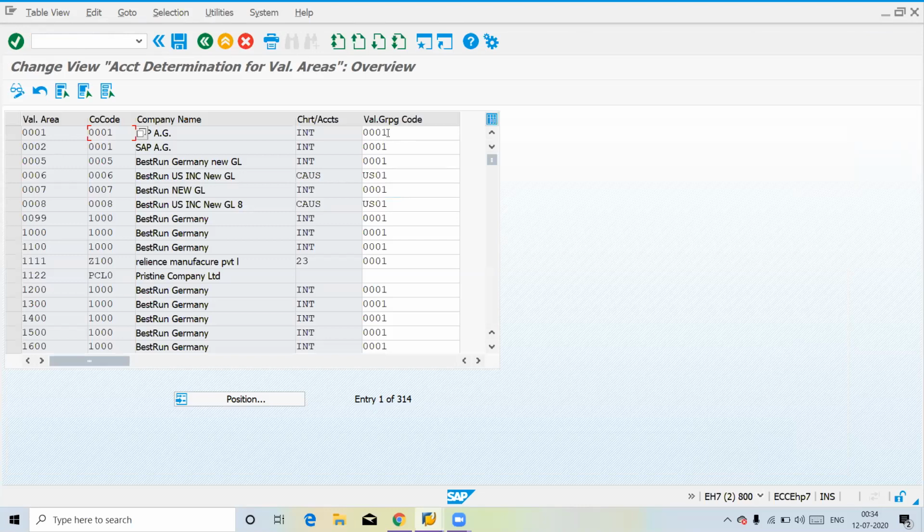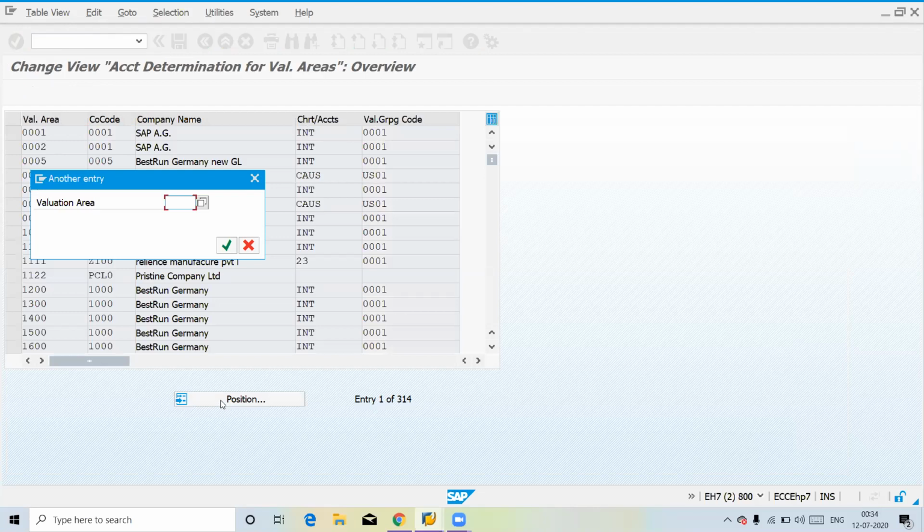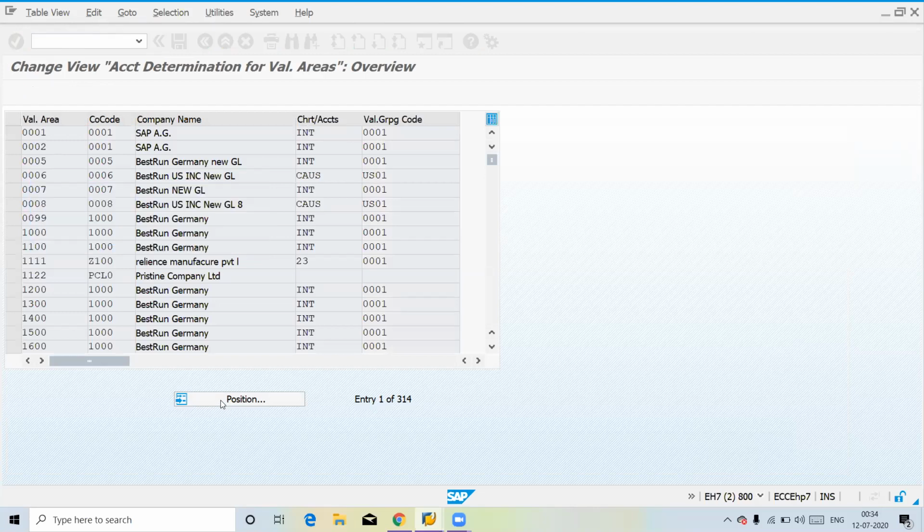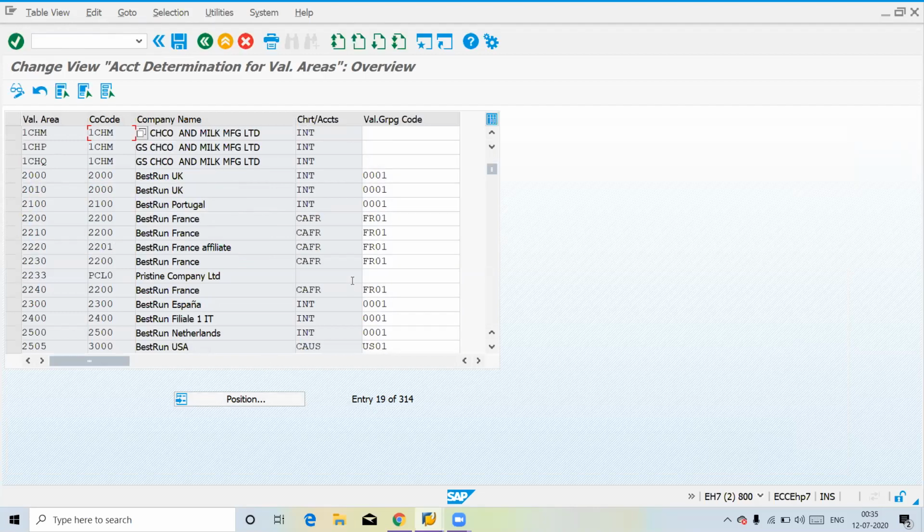When you are copying against your valuation area, company code, and chart of accounts combination, the valuation grouping code error will come. Our valuation grouping code is 1 CHM. In certain cases it will ask, 100%, you have to maintain your valuation grouping code, otherwise it will throw an error.